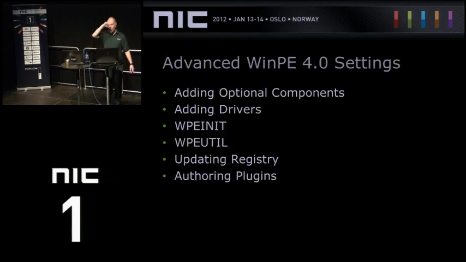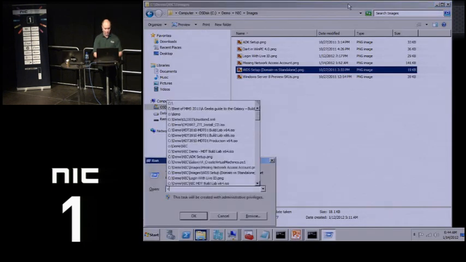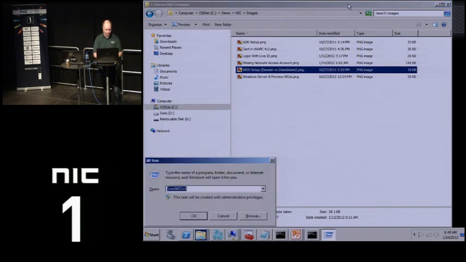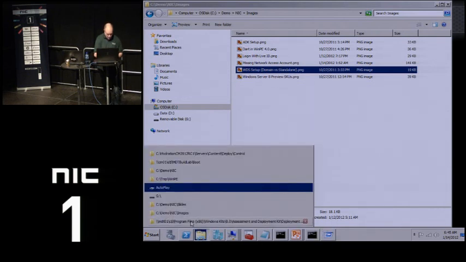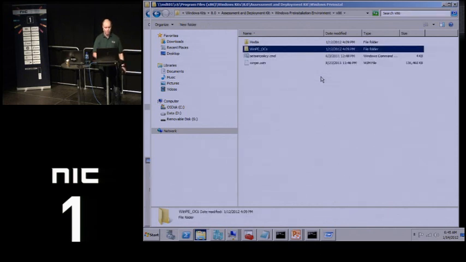Now, what if we want to add more things than default to our boot images? Well, we need to crank open it and start injecting components. So let's start with the optional components. In the media folder, or on the WAIK installation folder, I go back to Windows PE, back to 32-bit, this folder,